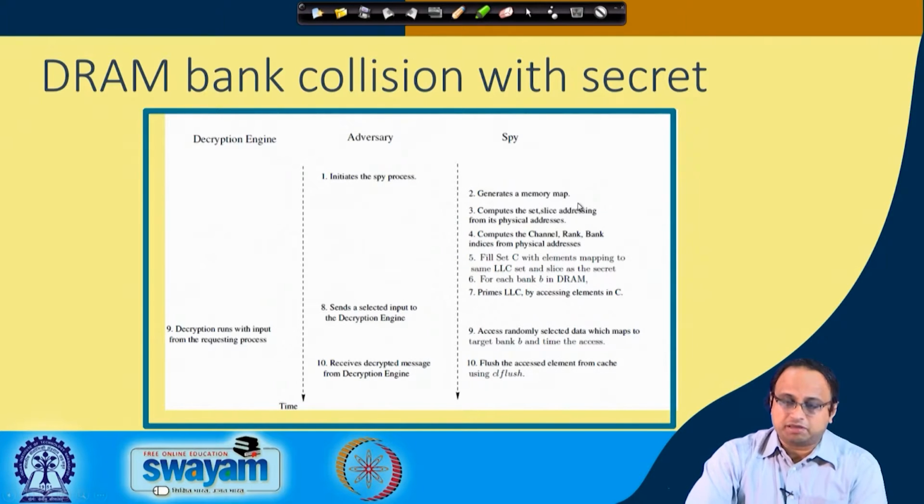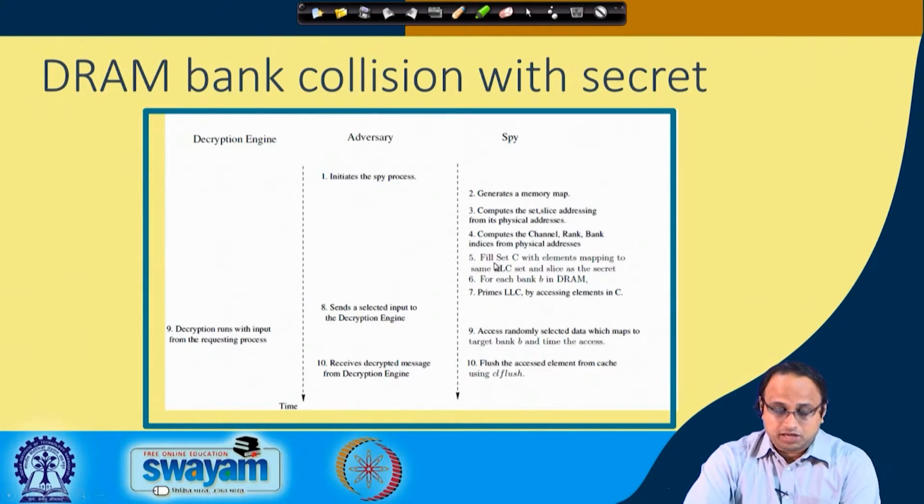Therefore you generate the memory map and compute the set and slice addressing from the physical addresses. You compute the channel, rank and bank indices from the physical addresses, again using the equations that we just discussed. And then you calculate the eviction set C, and then you fill or prime this